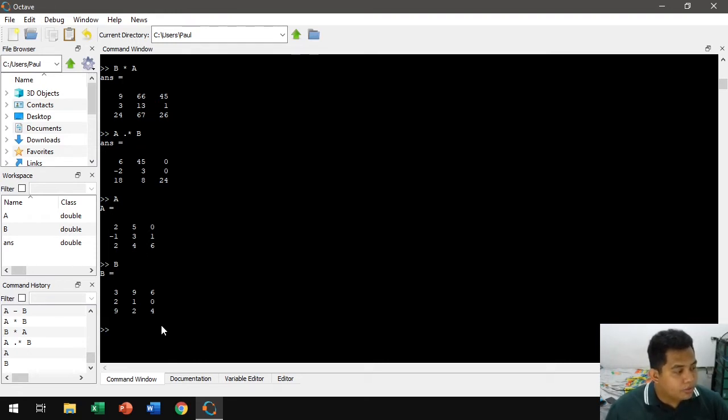To get the inverse, we need to use an inbuilt function of MATLAB, inv of your matrix, something like that.